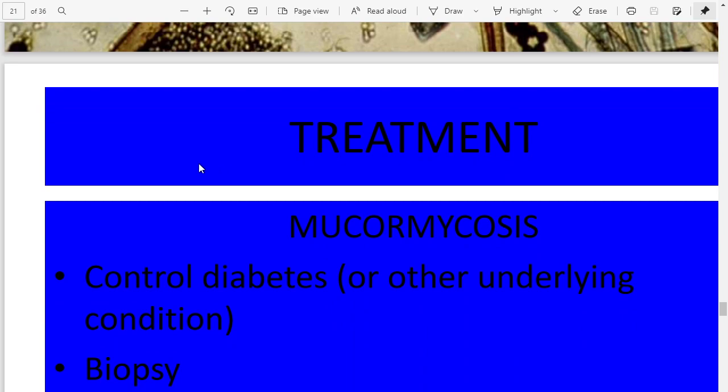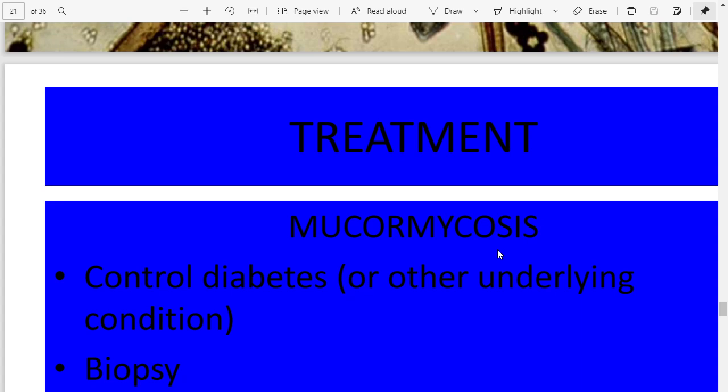Treatment, of course, very rarely produces a benefit. Most cases die within the first 24 hours. We have a rare survival in this condition, and we should look very early for this disease to be diagnosed from the beginning. The patient sometimes feels only tenderness over the paranasal sinuses. He is diabetic, exposed to some sort of contaminated soil or tissue, so we have to be careful